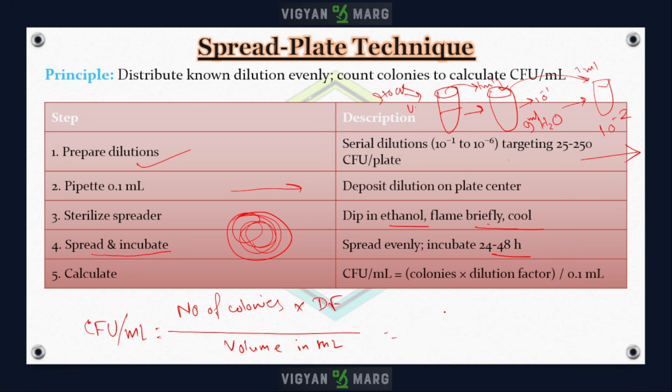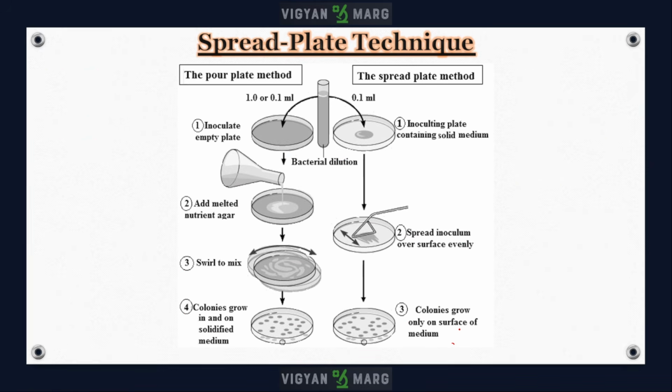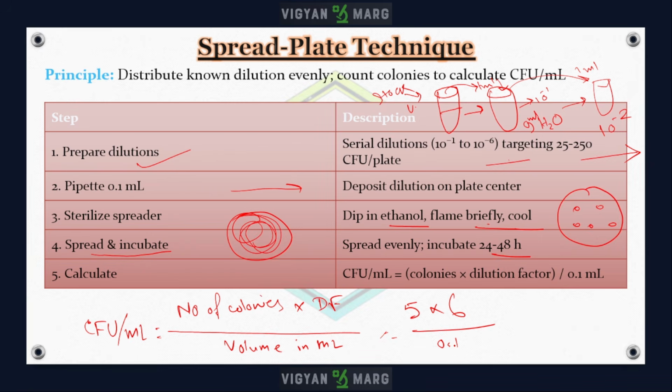Okay, suppose you got in your spread plate 2, 3, 4, 5 colonies. Okay, now you have 5 colonies and your dilution factor suppose 6. Okay, and you plated 0.1, okay, or 0.01 ml. Okay, now you can calculate your CFU from that. Okay, this is the formula you need to remember. This is very important. Okay,